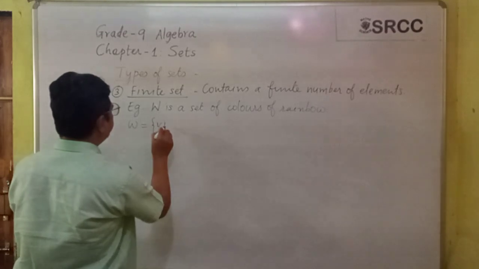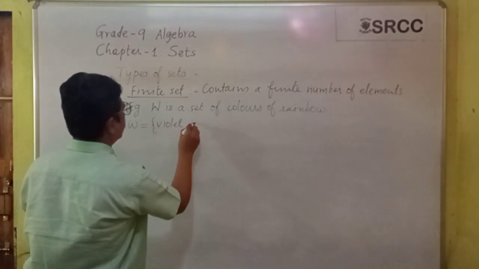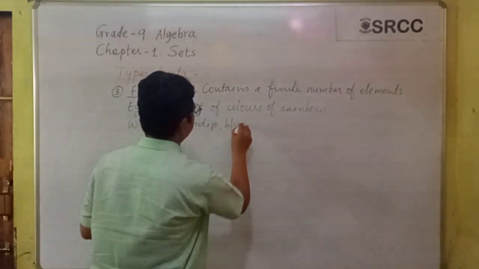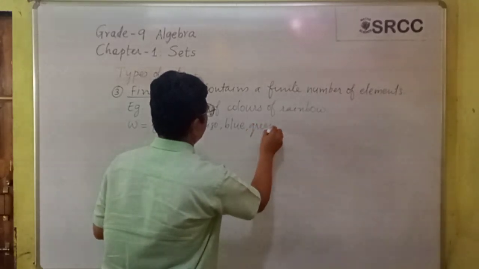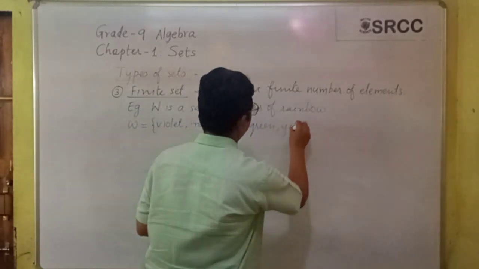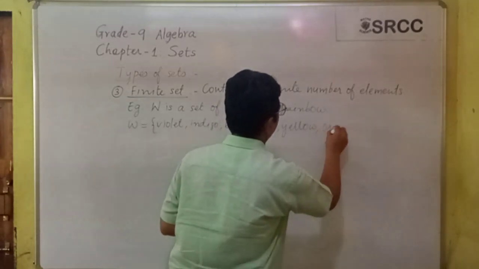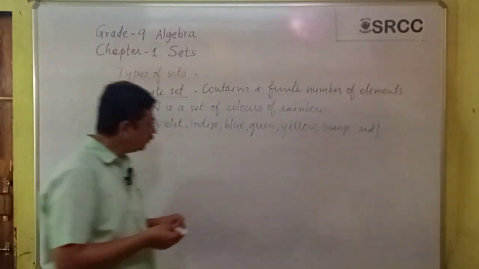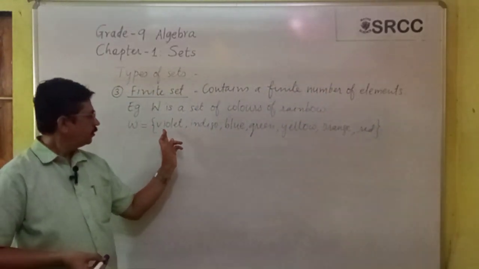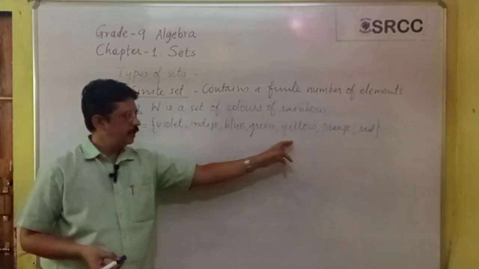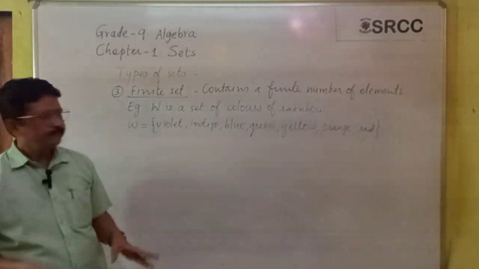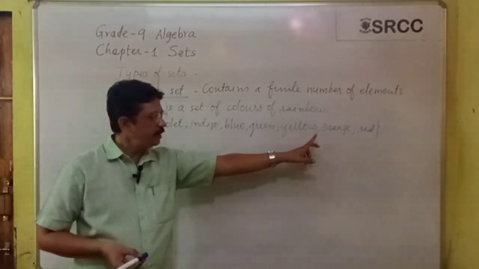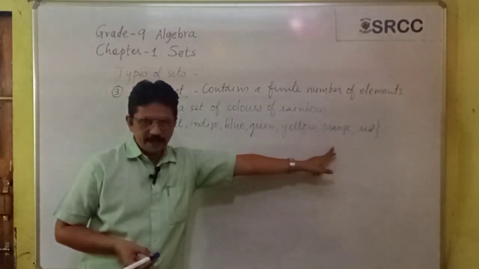violet, indigo, blue, green, yellow, orange, red. We all know a rainbow contains violet, indigo, blue, green, yellow, orange, and red. These seven colors. So, since set W contains seven different colors and 7 is a finite number, so W is